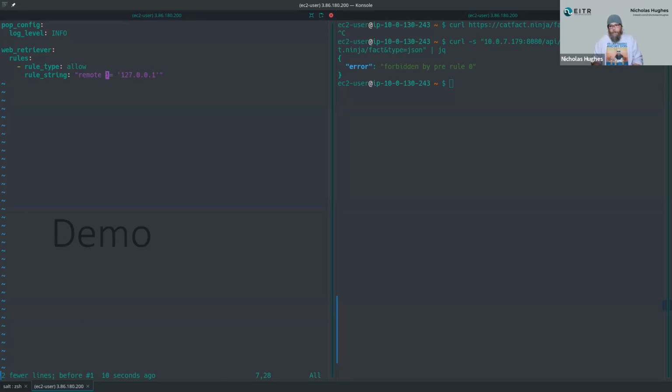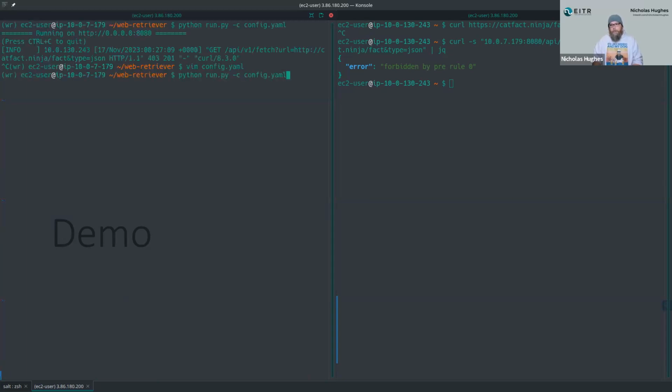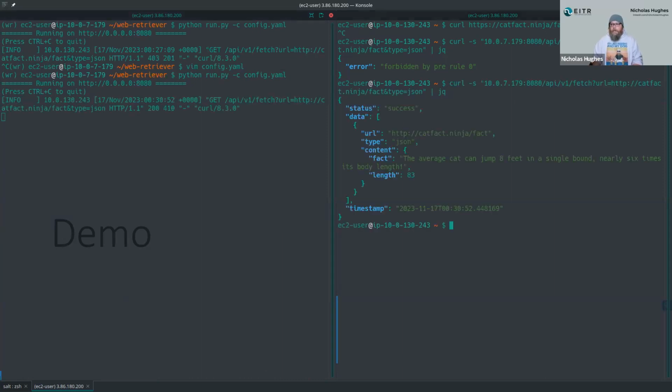But what we can do here is we can allow things that are not from localhost. So essentially, it would be the equivalent of a deny rule for anything that's coming from localhost. So if we save this now and run web retriever, if we run our curl request again, we can actually get out and see that the average cat can jump 8 feet in a single bound, nearly 6 times its body length. I mean, who didn't want to know that? So